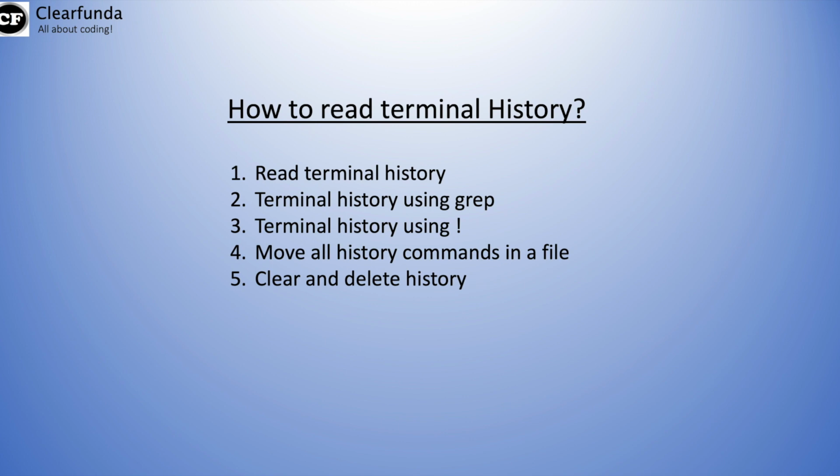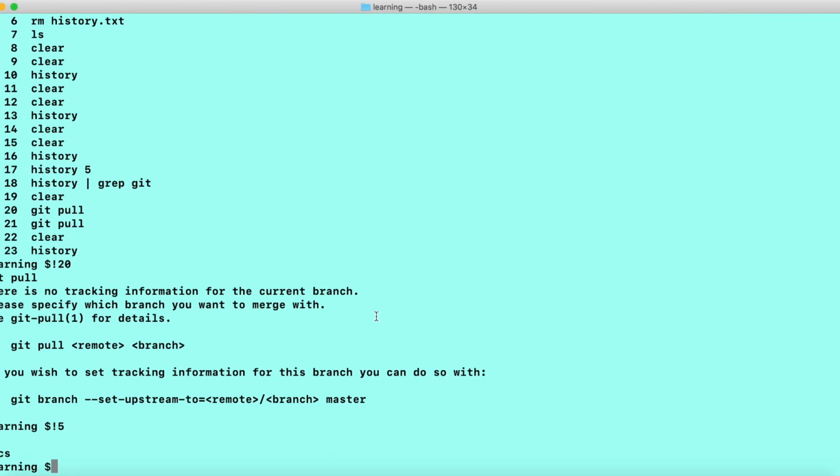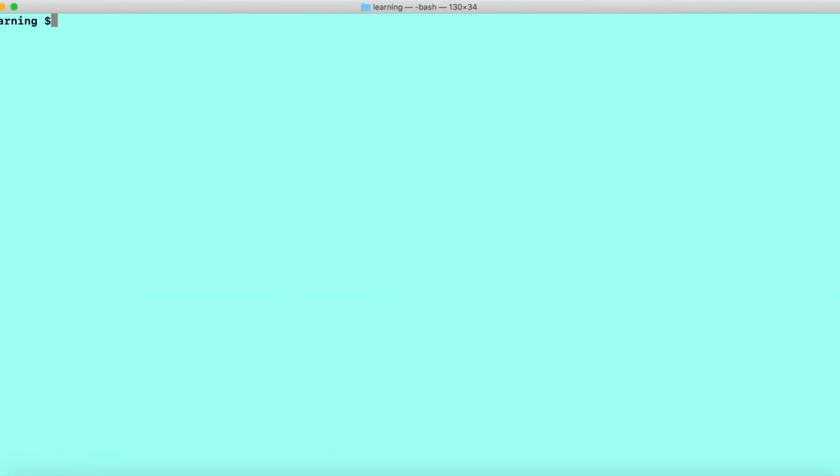Now the 4th one, we have to move all our history commands to a file, right? How can we do that? So for that, write history which you want to move to a file. Let's say history.txt. So you have moved all your history to a file in your current directory.